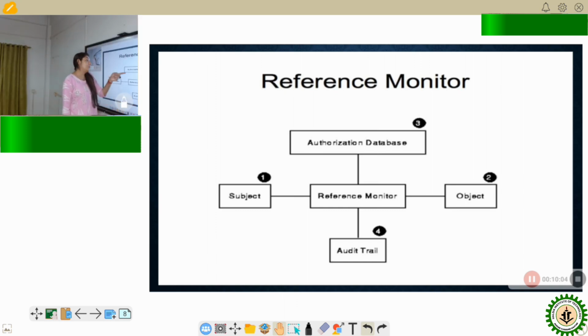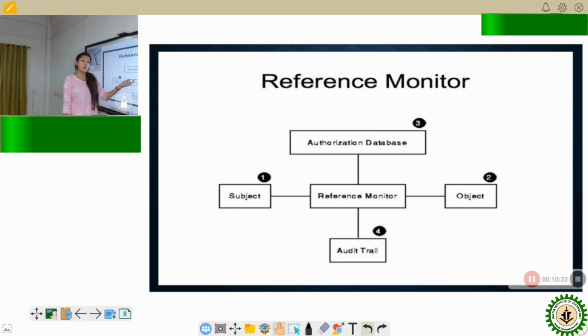Next, we have the authorization database, which holds all the roles and the permissions that each subject has over each object.